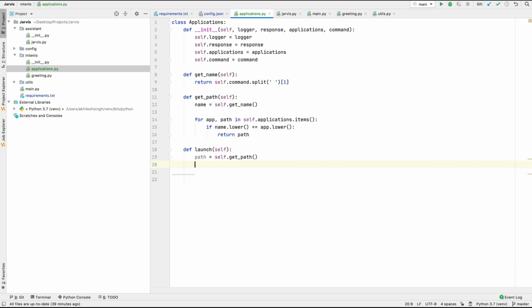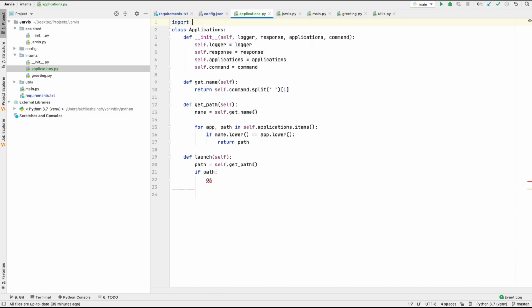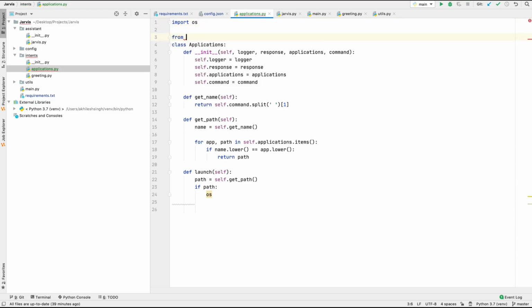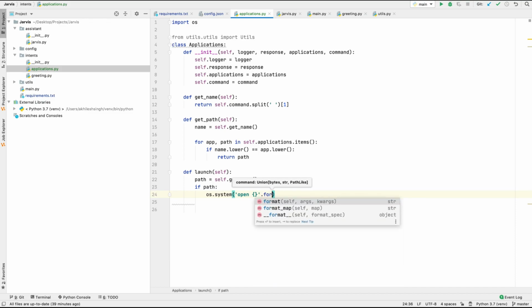Now what I'm going to do here, if we got the path, then it will just open. For that I first need to import os, and I need to import the utils class also, from utils.utils import utils. Then os.system, and here I'm going to execute the command open, and here we will have the path, right?